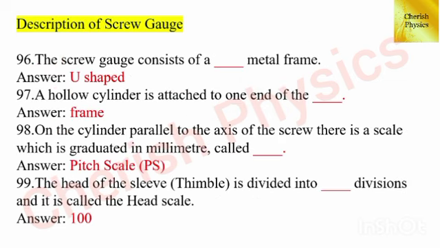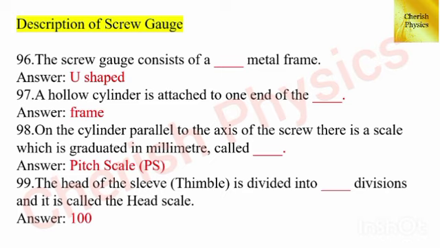The screw gauge consists of a U-shaped metal frame. A hollow cylinder is attached to one end of the frame. On the cylinder, parallel to the axis of the screw, there is a scale which is graduated in millimeter, called the pitch scale. The head of the sleeve thimble is divided into 100 divisions and is called the